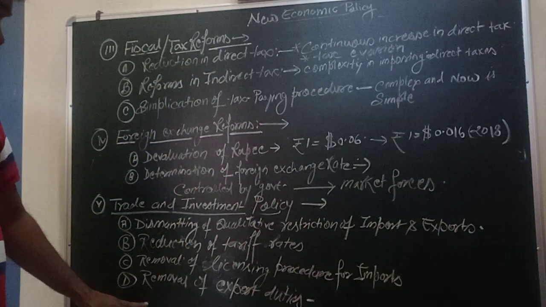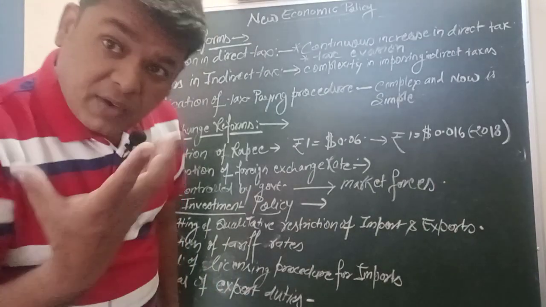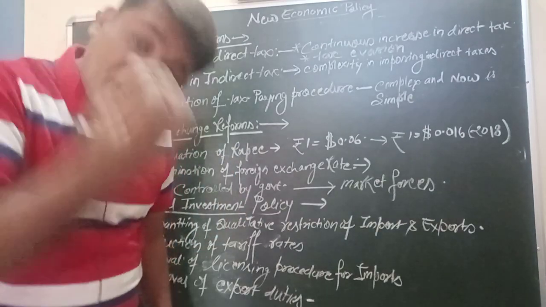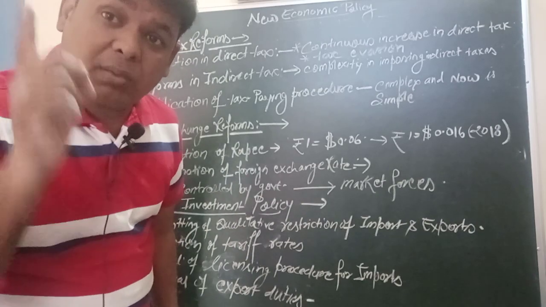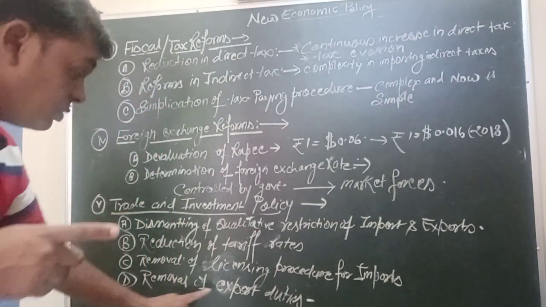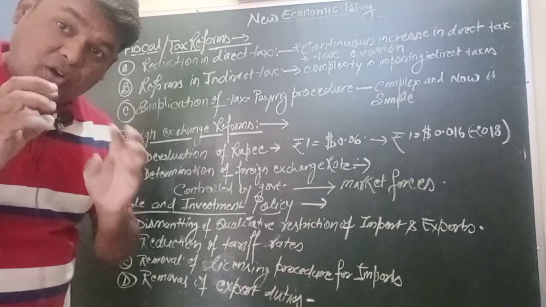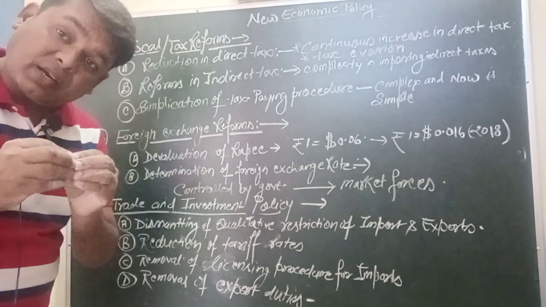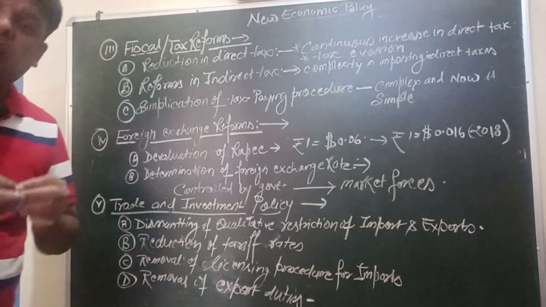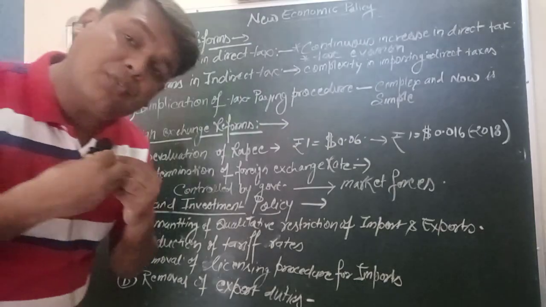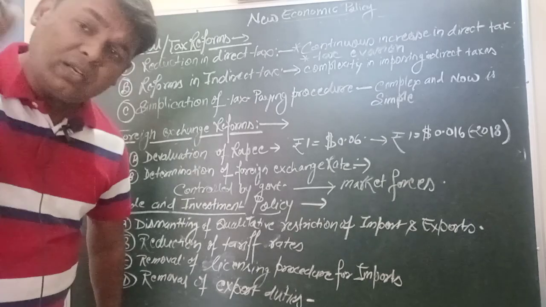Okay, fourth one we are seeing is removal of the export duties. एक्सपोर्ट को बढ़ावा देने के लिए पहले क्या था, एक्सपोर्ट पे भी टैक्सेस लगते थे, ड्यूटीज लगती थी, सेवा कर लगता था. लेकिन गवर्नमेंट ने आफ्टर लिबरलाइजेशन व्हाट इज हैपन, रिमूवल ऑफ द एक्सपोर्ट ड्यूटीज. अपने देश के एक्सपोर्ट को बढ़ाने के लिए गवर्नमेंट ने उस चीज को क्या कर दिया, हटा दिया. एक्सपोर्ट ड्यूटी हटा दिया कि जितने लोग जाना चाहते हैं, एक्सपोर्ट करना चाहते हैं, फ्री ऑफ टैक्स आर वेरी नॉमिनल टैक्स, यू हैव टू इंपोर्ट योर गुड्स एंड सर्विसेज.